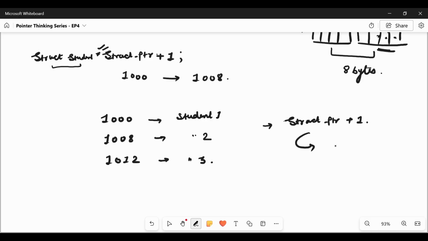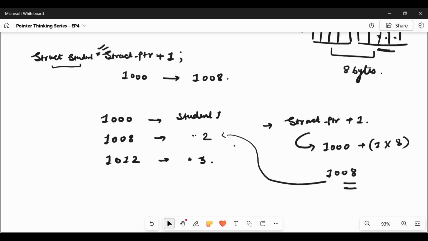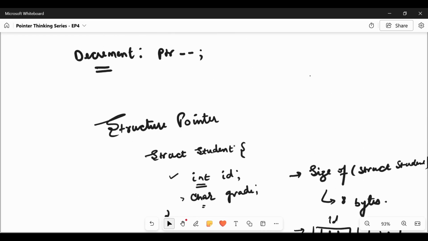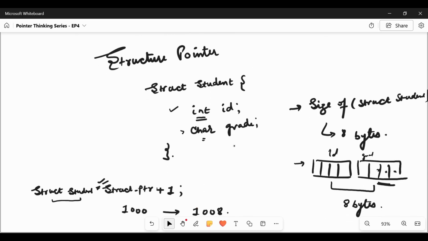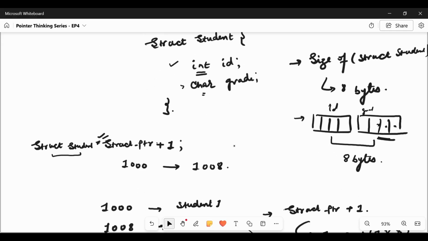So the address will move as struct ptr, initially at this location, plus n into 1, where n is 1, times the size of the data type, that is 8 bytes, so 8. So the next address is 1008. In the next topic we will get the data corresponding to student 2. So this is how pointer arithmetic is performed on structure pointers.